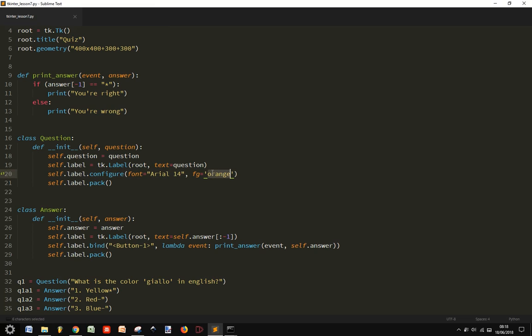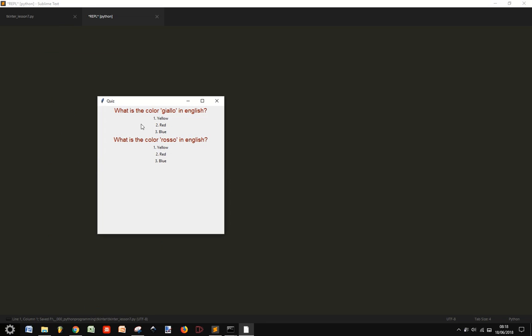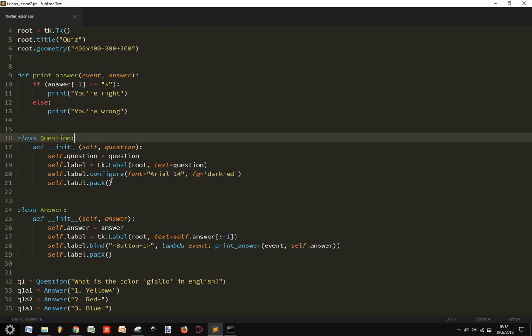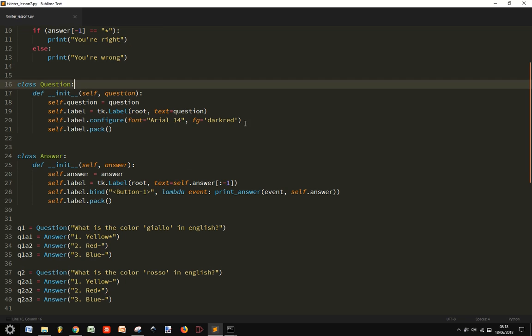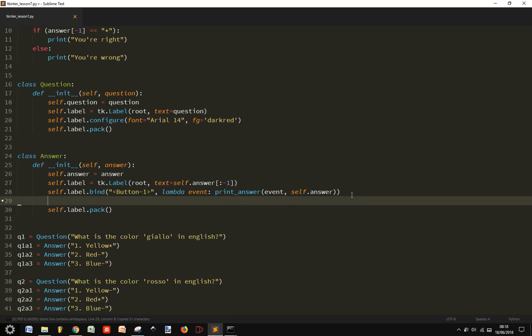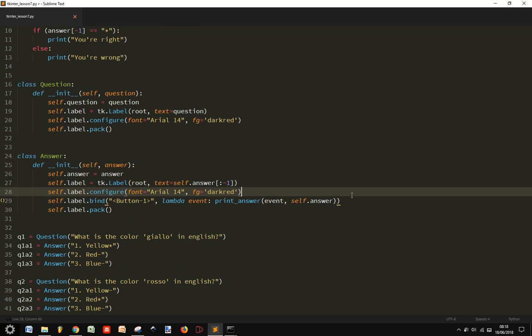As you can see, it has changed, but it's quite light, so put something darker, like a dark red, and then we are gonna copy and paste the same thing in the class for the answer label,